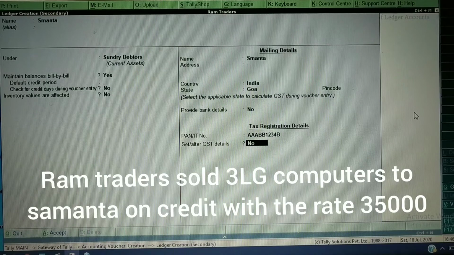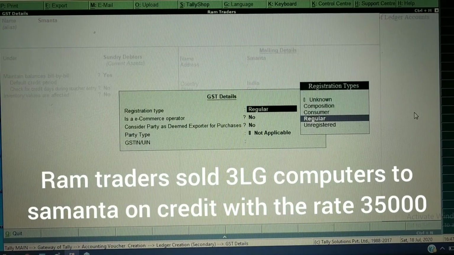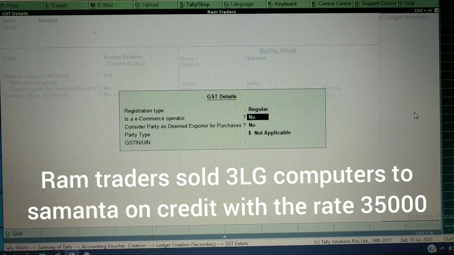Take enter, and this option, set and alter GST. So I need to set the GST number for Samantha. So regular I will take. Okay, and take enter here, and here you need to write the state code.